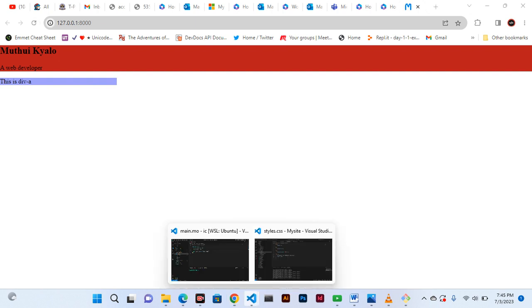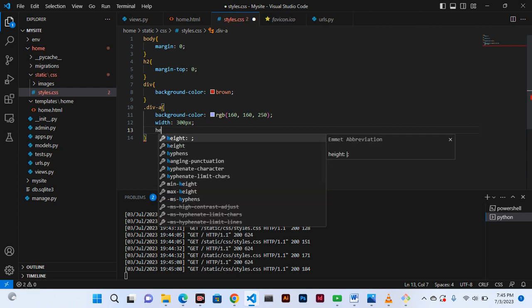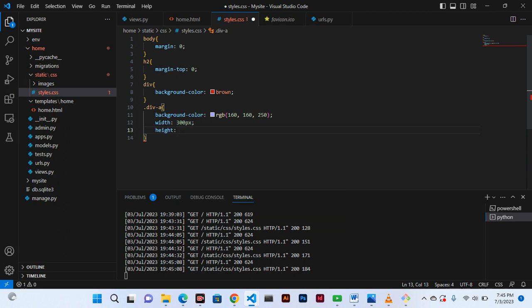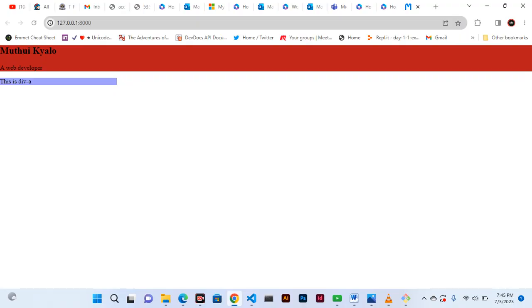Then next, I want this div to have height, and for height, I want 300 pixels. Terminate the line of code with a semicolon, Control S, and